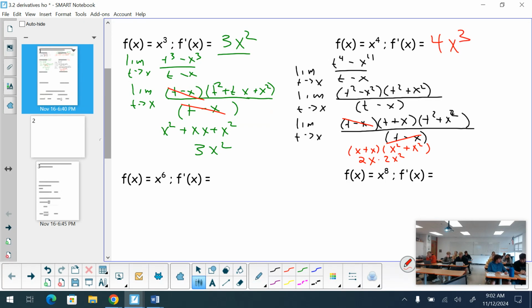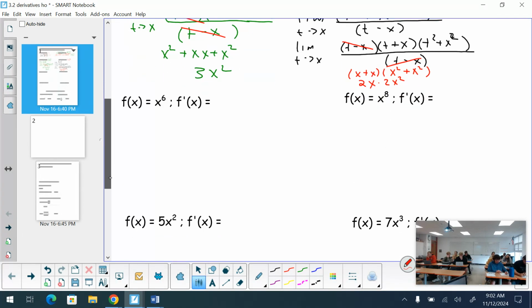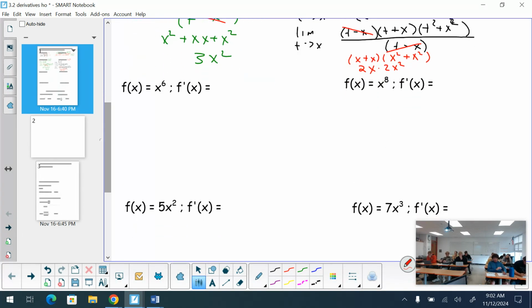4x cubed. All right, x to the 6. If we take a look at x to the 6, well, now we have difference of squares, difference of cubes that we're going to have to worry about. So I will take us through this one. It does not matter which one you deal with here. I'm going to deal with the difference of cubes first, which gives me x squared minus